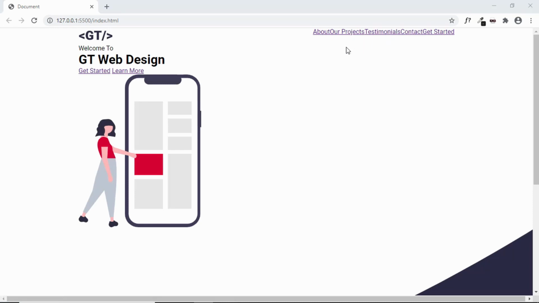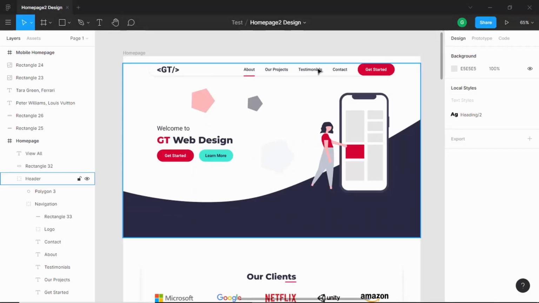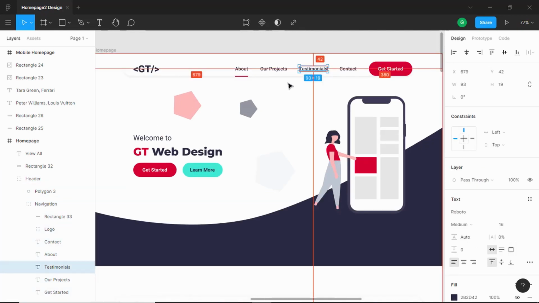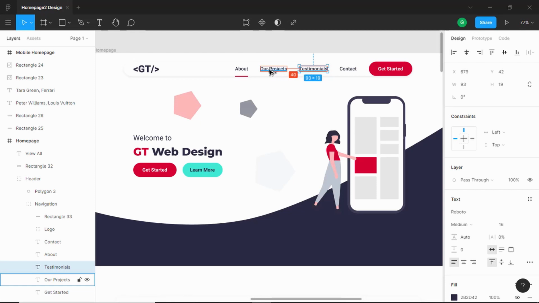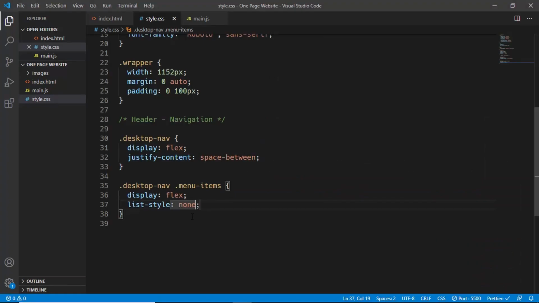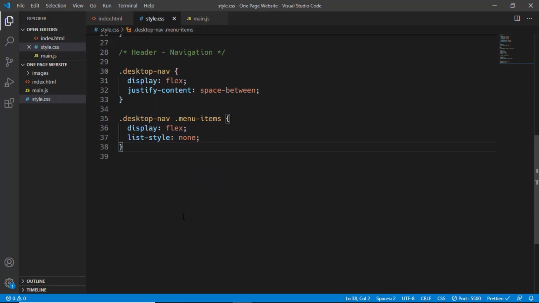So let's go to our Figma file and let's see what is the spacing. Double click over here and double click once more. And now if you press Alt and just hover over the other element, we can see that we have a spacing in between them of 40 pixels. So let's go to our style.css and let's target the list items. So here we'll just type desktop nav menu items li,